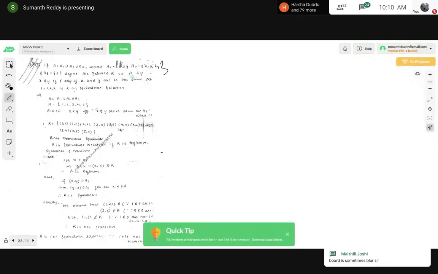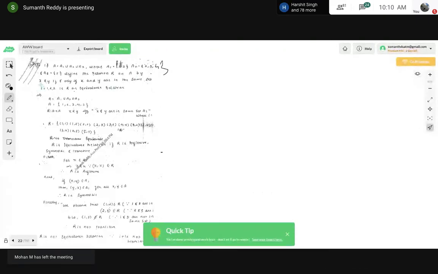Now he is asking you to define the relation R on A. So he is asking the relation on A, not on the subsets A1, A2, A3. Be careful. And he's telling that X is related to Y if and only if X and Y are in the same set. Okay, so based on this, I can give you one example. I need to include such ordered pairs. Like if I write (1, 1), it is valid, right? Because this 1 is in the same set.